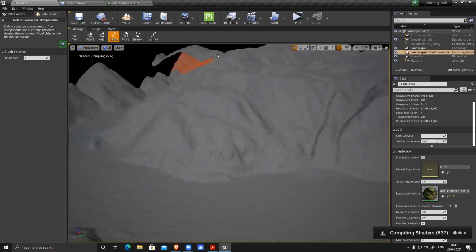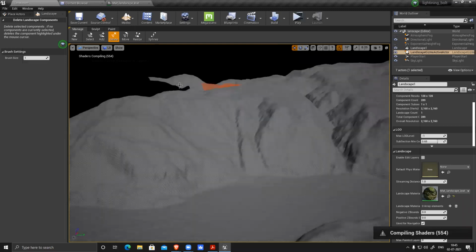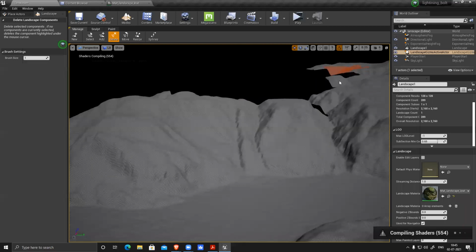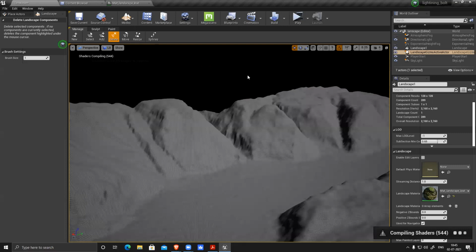So that my load on the system will be less. Click and drag, it will delete whatever you select.